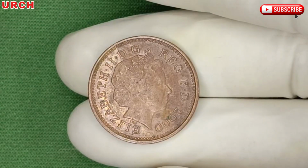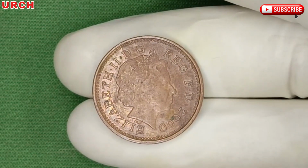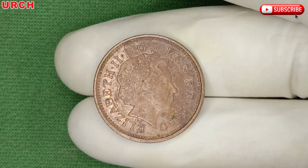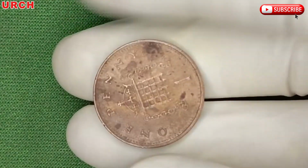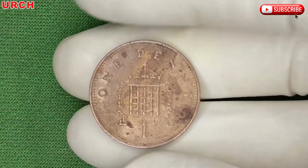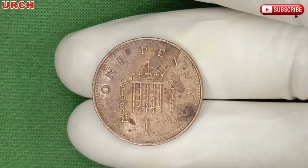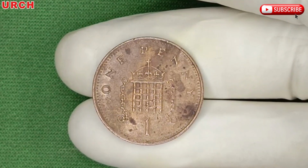The obverse of the coin carried the inscription, Elizabeth II DG Reg FD 2000, standing for Elizabeth II, by the grace of God, Queen, Defender of the Faith. These Latin inscriptions have been a traditional part of British coinage for centuries, reflecting the deep connection between monarchy, history, and faith. On the reverse, the coin displayed the iconic crowned portcullis, a symbol historically associated with the Palace of Westminster. The design,